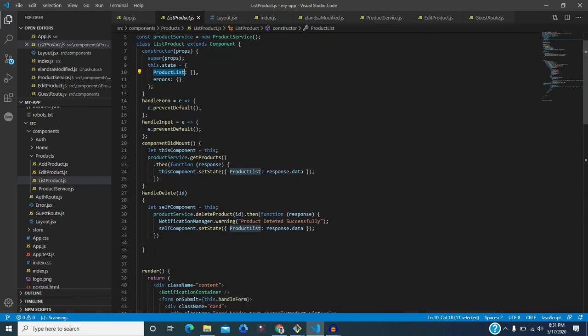Here you can observe componentDidMount. What is it doing? This basically comes from the lifecycle hook, so this is a lifecycle hook method. For more information you can go to the documentation, where you will find a clear definition of the lifecycle hook.